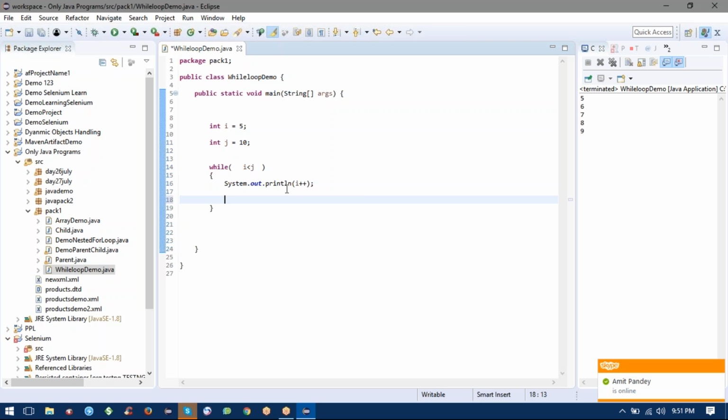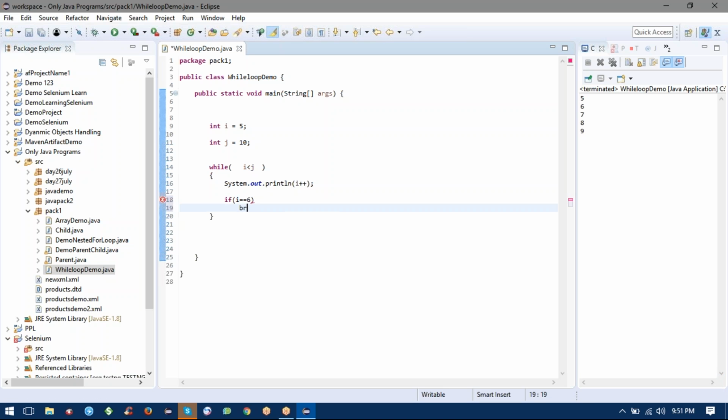You can manually break the loop as per your requirement. Say that I am going to say if i is equal to 6. This is the double equal to operator. It means for comparison. One statement is break. Break means to come out of this loop. Say that I should take here 7. What it will do, it will increment the value first time. Then,